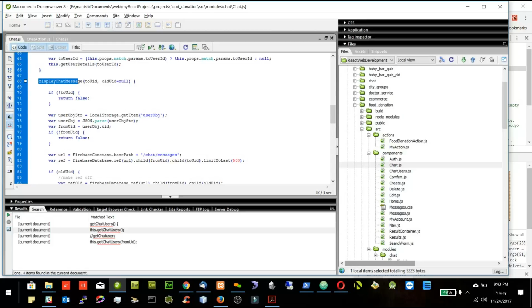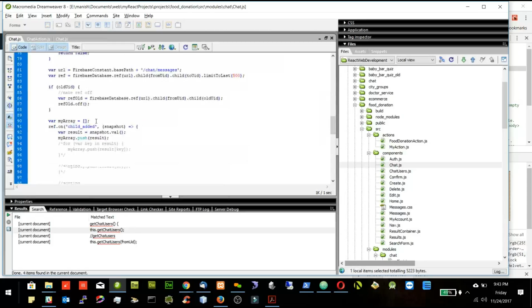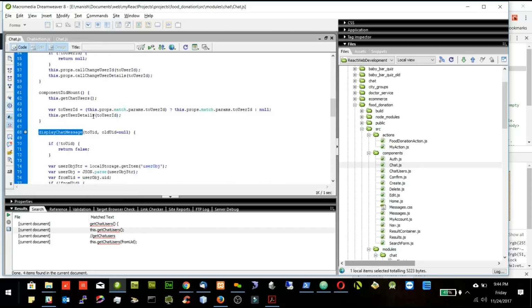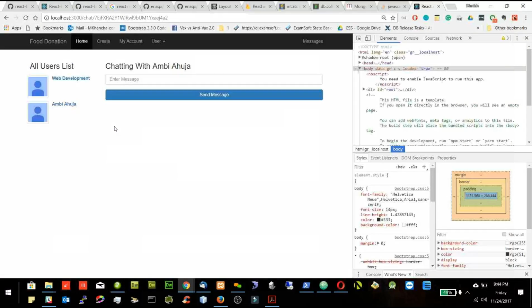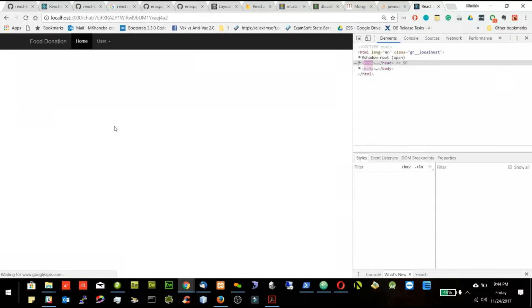So I will copy this display chat message. So here I will put it somewhere. Here I don't have 2UID because this component did mount comes when the page loads. So I will call this dot display chat message, and I will only pass the 2USER ID. I don't need old ID, because when the page loads, I don't have an old user ID. I have only one user ID, that is the 2USER ID. Now, if I refresh the page,